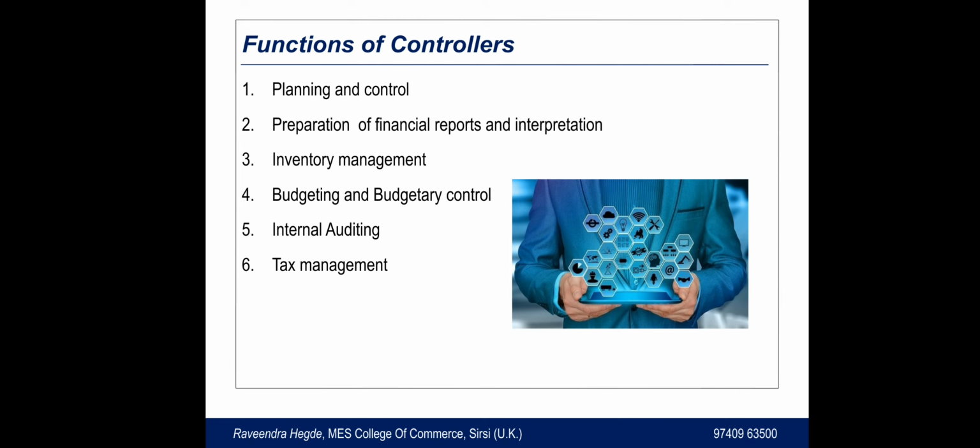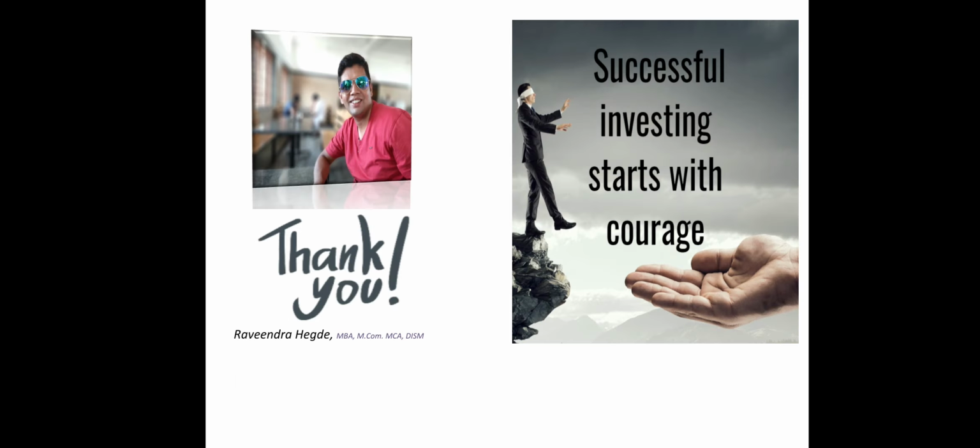Sixth one is tax management. You know very well about this. Tax planning, compliance with taxation rules, provisions, and procedures. The seventh function is cost control, use of standard costing techniques for cost control. And finally, protection of assets, protecting business assets and property through internal control techniques and providing necessary insurance coverage.